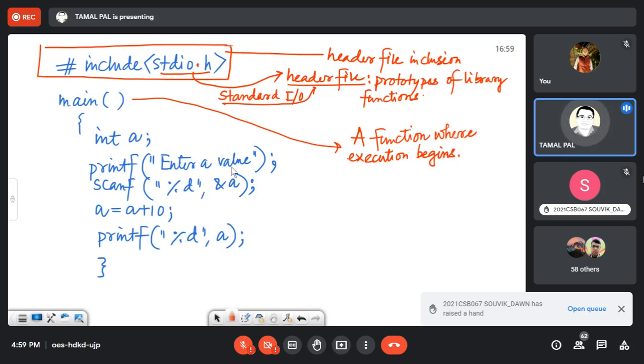If there are many functions, 20, 30 different functions, this main function will be the first function which starts execution. And I had explained int a, because this is nothing but a variable. The address of this variable is &a, the name is a, the type is integer, and the value is not known right now. It is unpredictable.